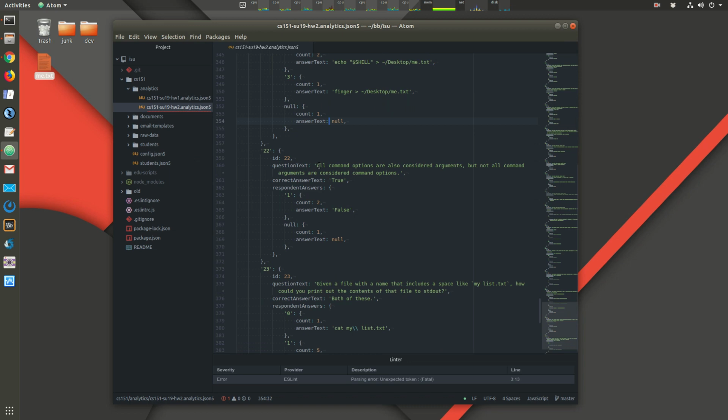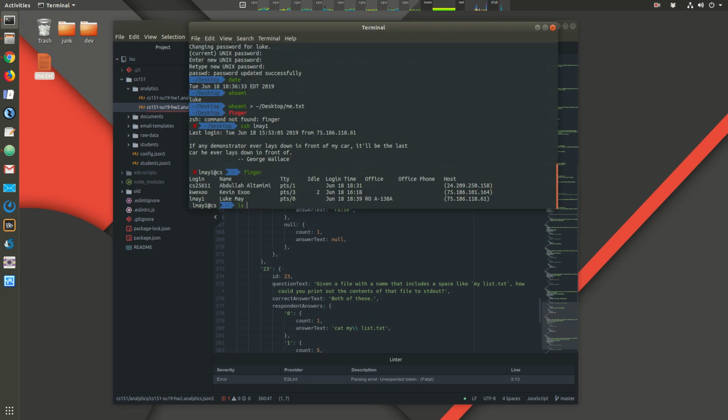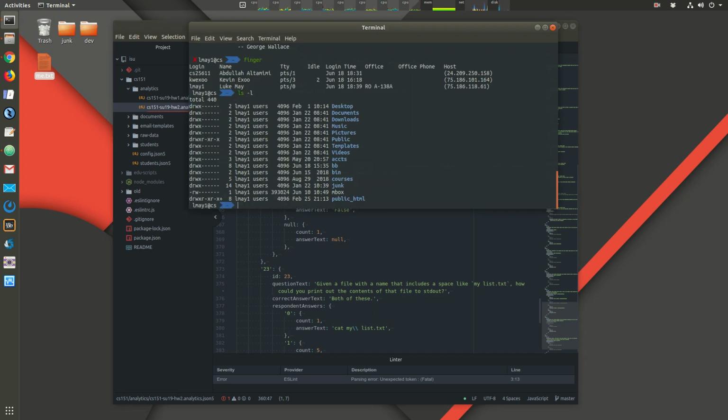Alright. All command options are also considered arguments, but not all command arguments are considered command options. Okay? It's important that you recognize arguments are just anything in the command separated by spaces, any extra information. Now there are special arguments that you can add called options, and the program recognizes these options. So with the ls command, it recognizes -l as a special thing. And I know it's special because I can look at the manual pages of ls,